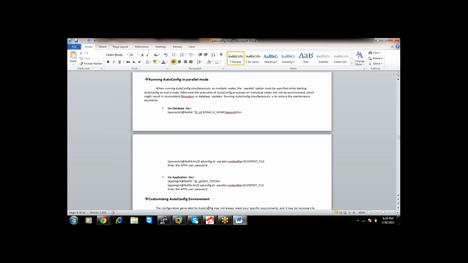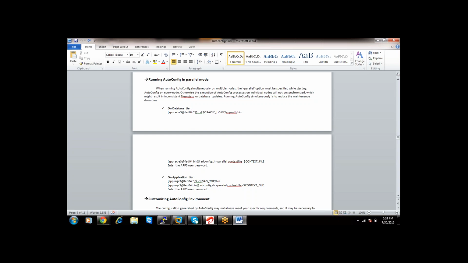If you are having different XML files, it means that there are different configurations for your different nodes. So there are 5 nodes, you have to run autoconfig 5 times. There are a couple of restrictions for autoconfig. First, you have to run autoconfig last. Starting, you can run autoconfig in any node, but the last node should be your Apache and Forms node.